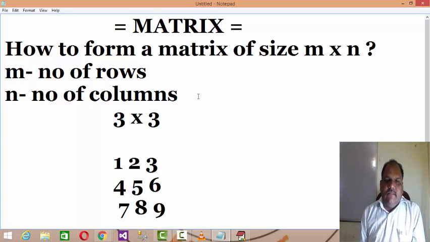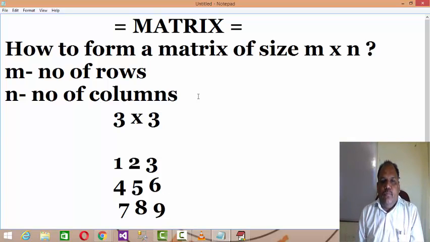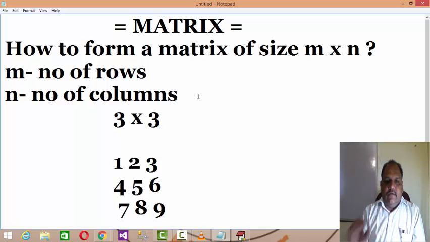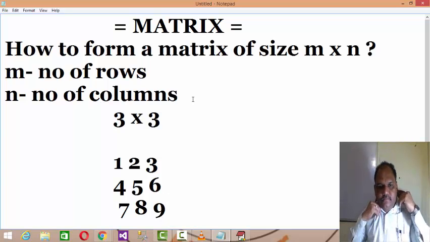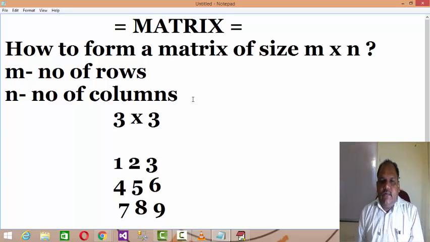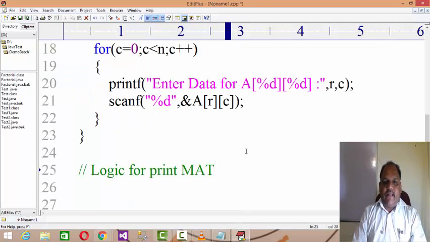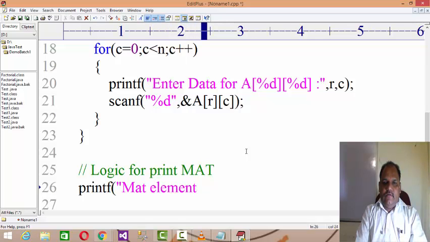That is what I mean: how can I print the array elements in matrix format, right? Hope you understand it. Okay. So let us design the logic for this, how I can print the matrix elements. Okay, you probably use printf